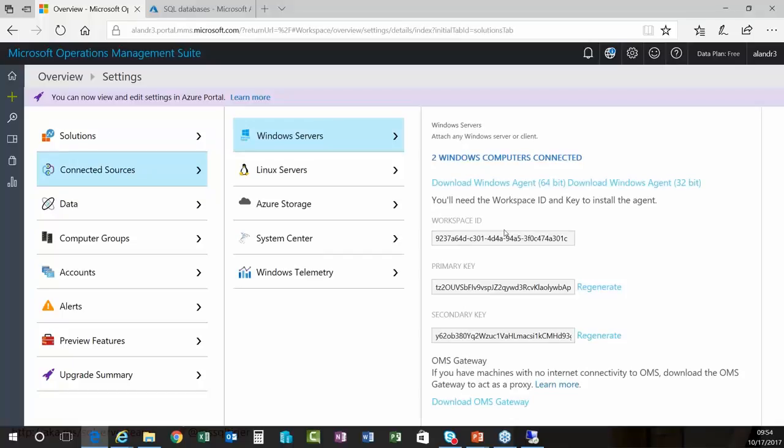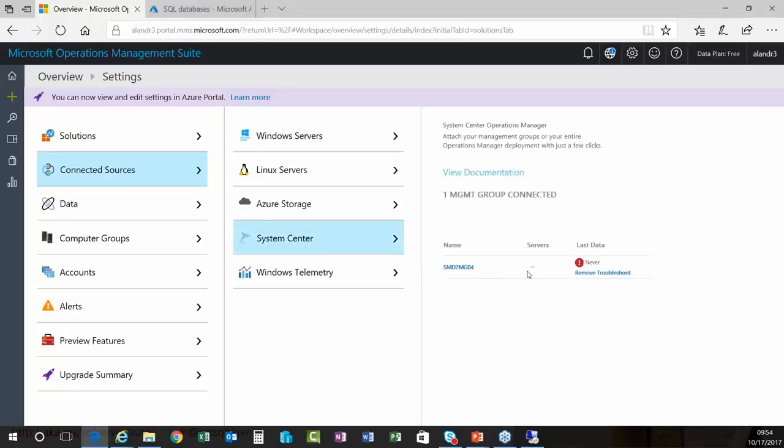There are two options. First, you can download the Microsoft Monitoring Agent and deploy it to your Windows computer that hosts some SQL Server role, or you can connect your